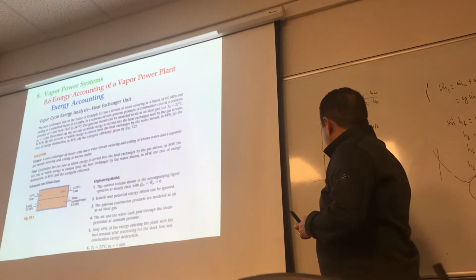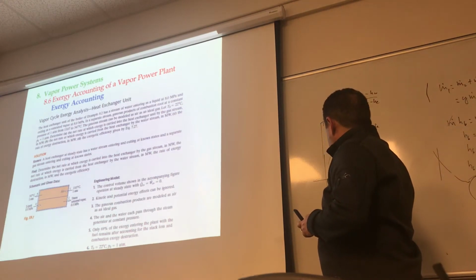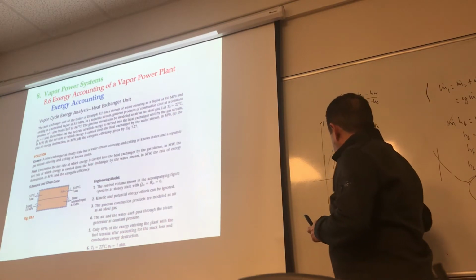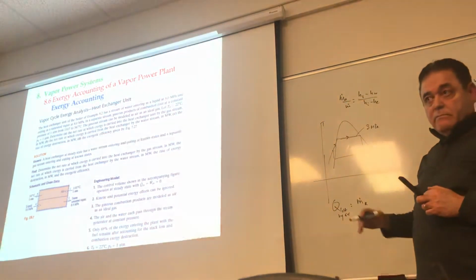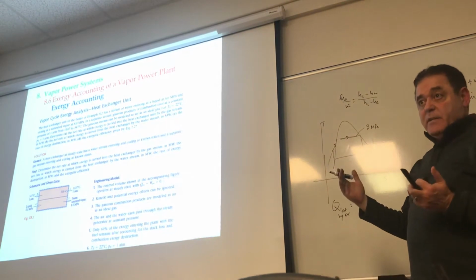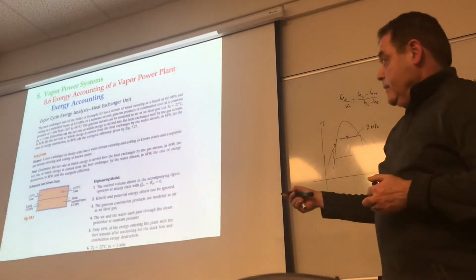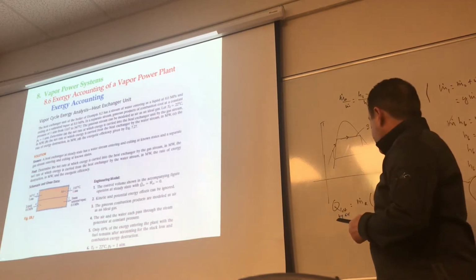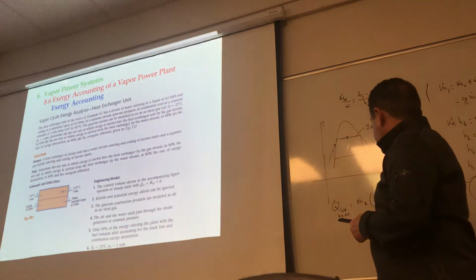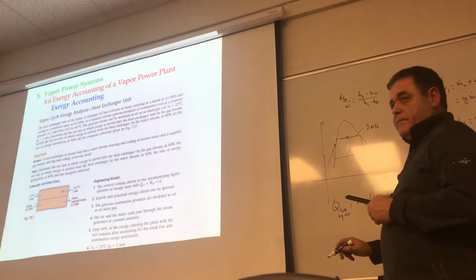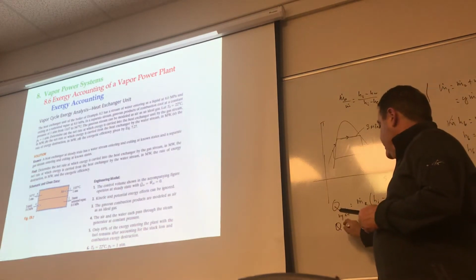Or what is Q lost by air equal to? It's m dot air times the change in enthalpy of the air, which is what? What is the enthalpy higher, h1 or h in, right? Hi minus h exit. And then Q gained